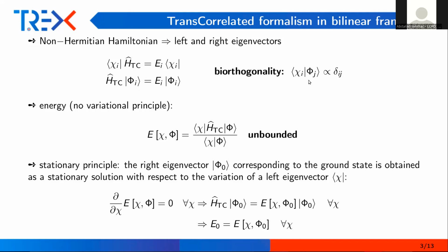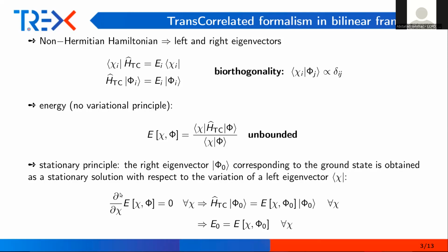So in order to let the energy become stationary with respect to eigenvectors, it is defined in the following bilinear form. This energy does not satisfy the variational principle. However, its functional derivative with respect